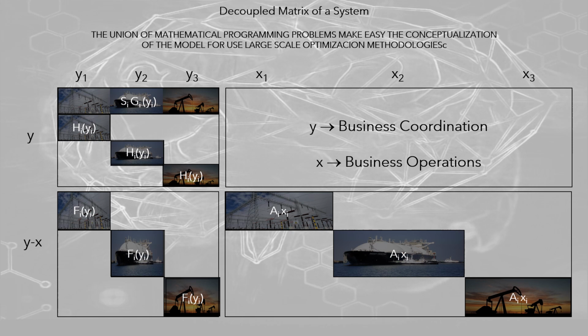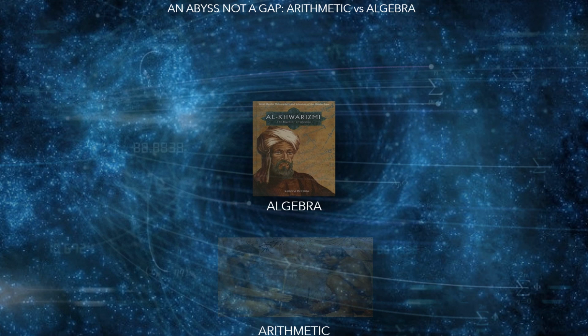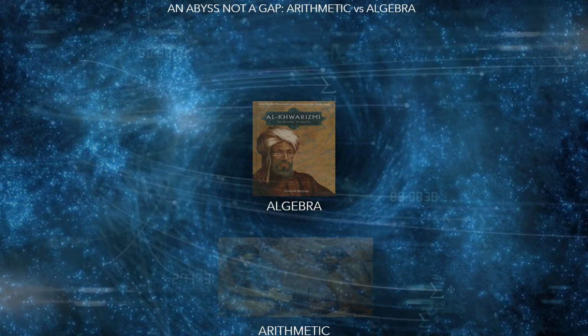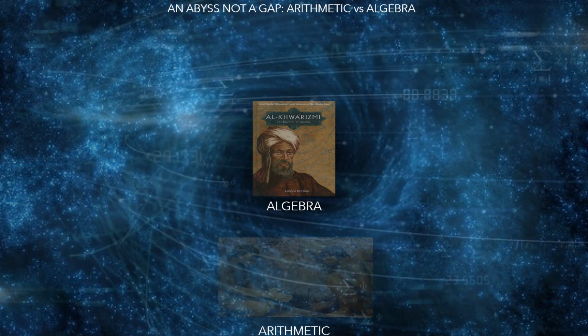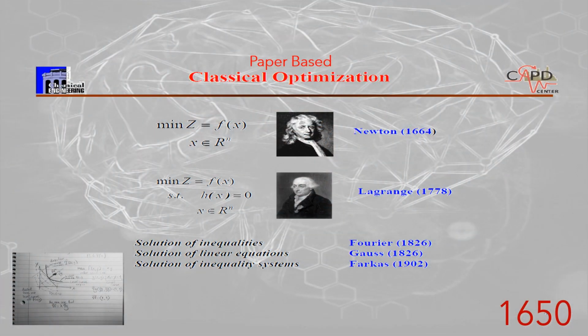In this way, the new vision of mathematical programming involves defining the relationships between problems, as the next step after the definition of the equations that compose them. The difference that mastery of algebra creates with respect to arithmetic is an abyss, not a gap. Perhaps the second great mathematical revolution is the birth of the fundamental principles of optimization,